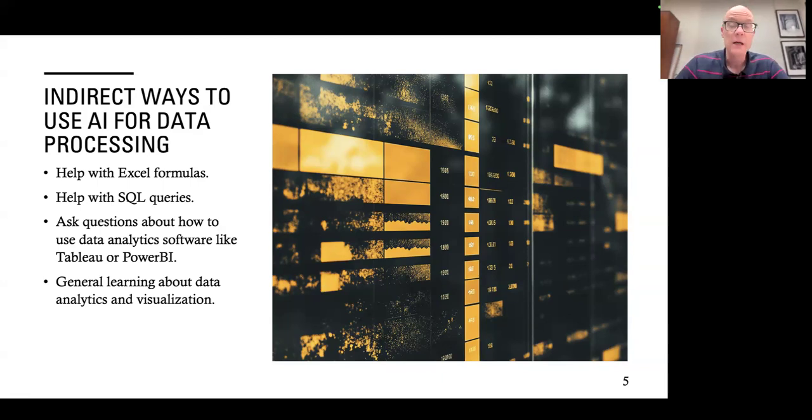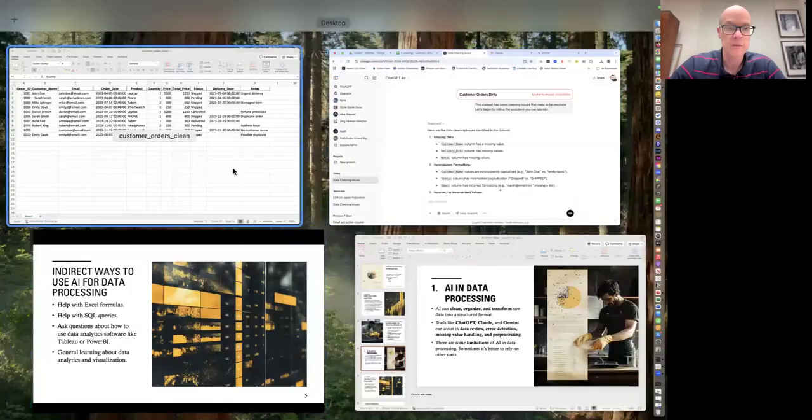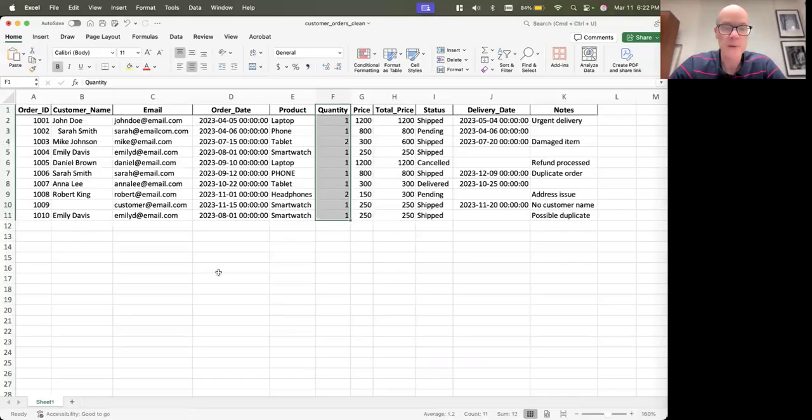by uploading the file, if you identify issues with your data, and you know that you want to work within Excel, maybe you have privacy issues, you don't want to upload the data for privacy issues or so forth, you can actually ask AI to help you with Excel, to create the formulas to fix and clean up the data. So a good way to show that is we had our white space issue.